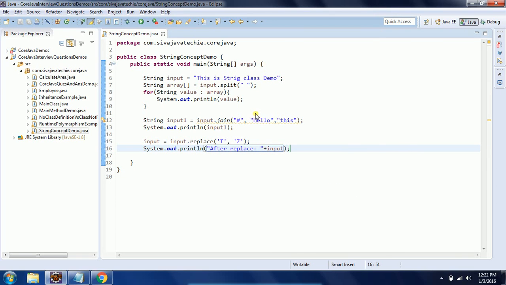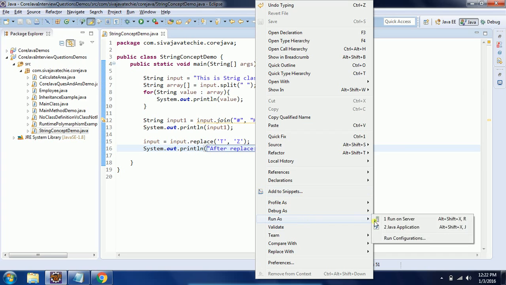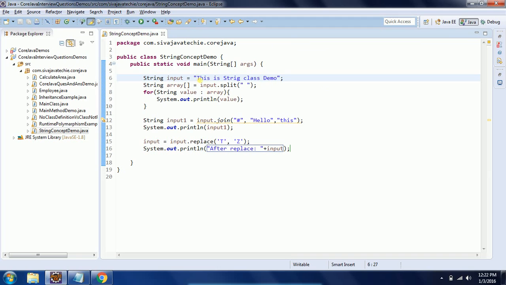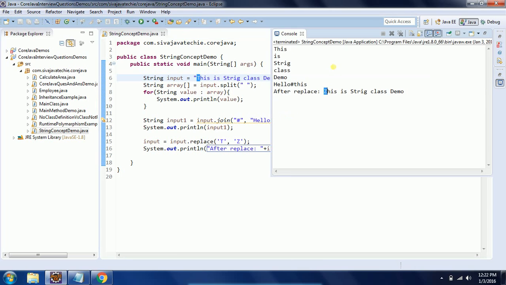Now run this program, and you can see that T is replaced with Z. Wherever you find T, it is going to be replaced with Z. In this string only one T is there, so that character is replaced with Z.